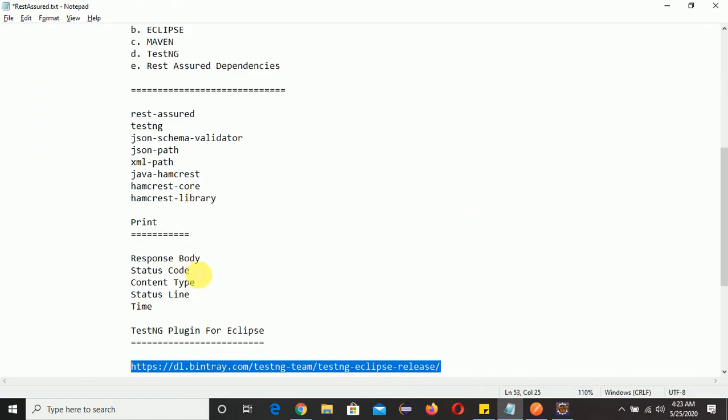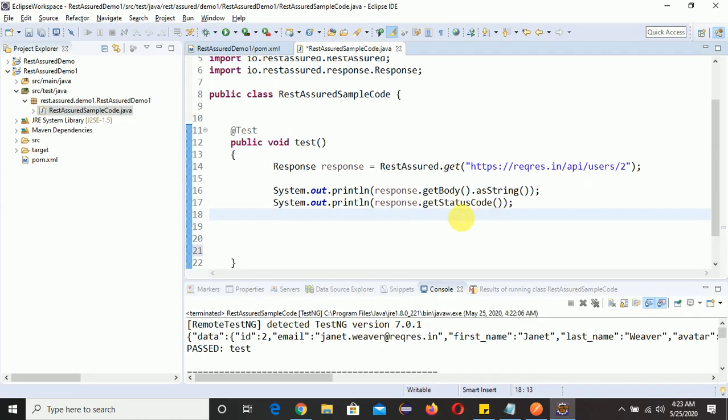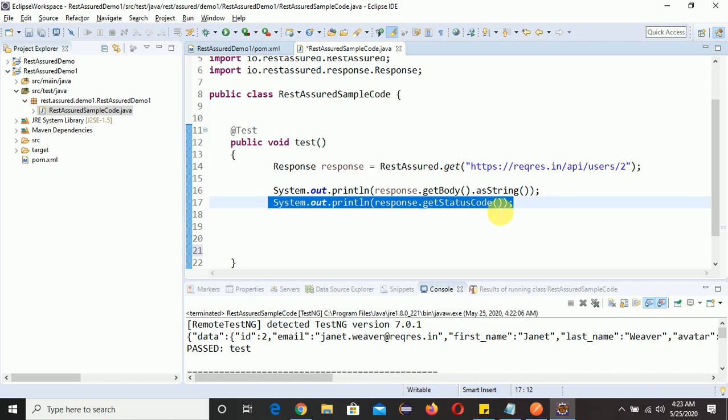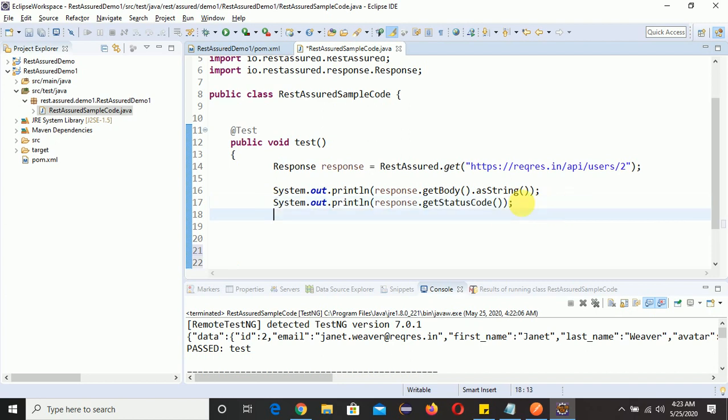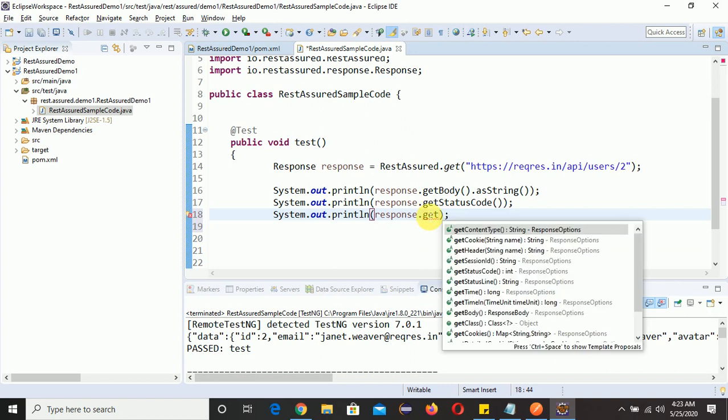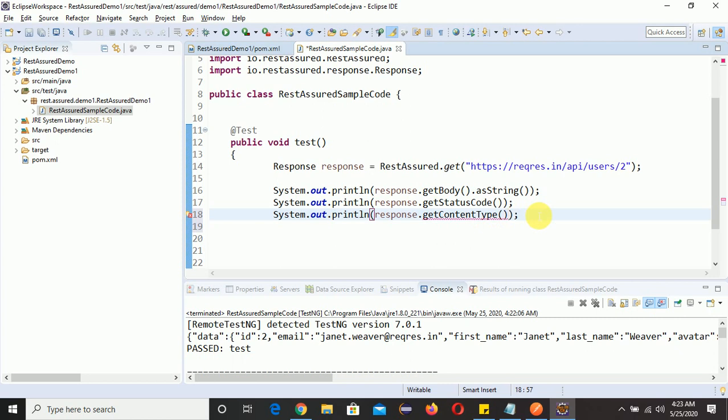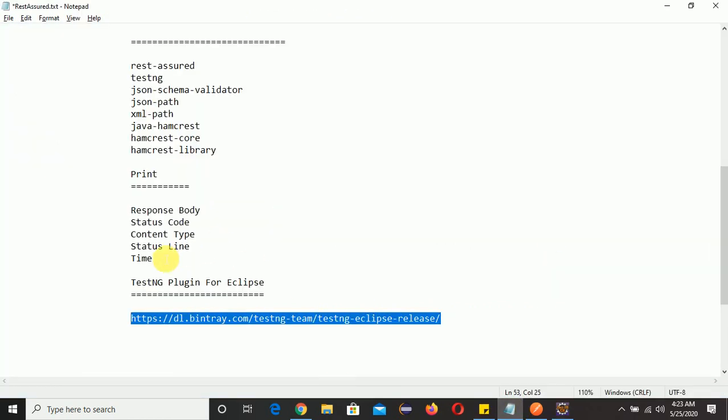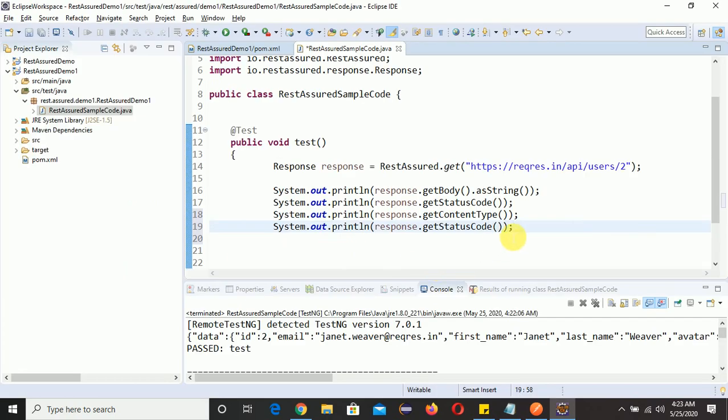So after this we need to do it for content type. Let me copy this, Control V, get content. Just click Control Space, you will get the option get content type, and we need to do it for status line and time.